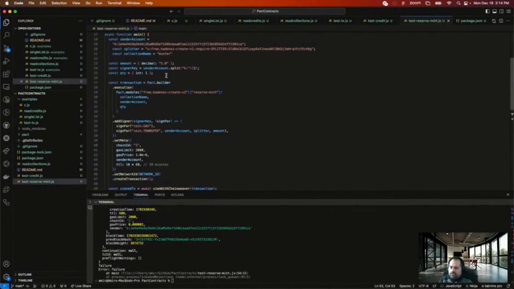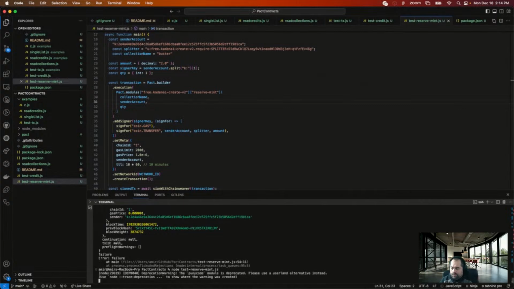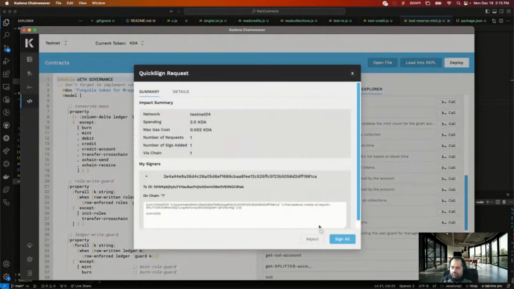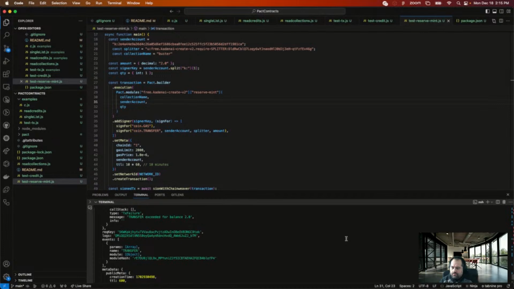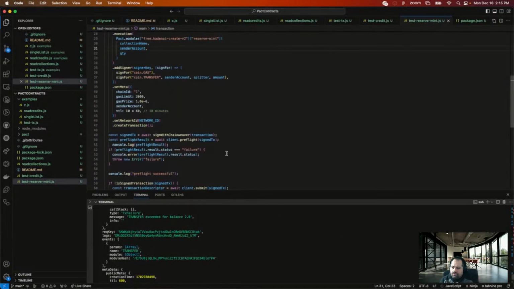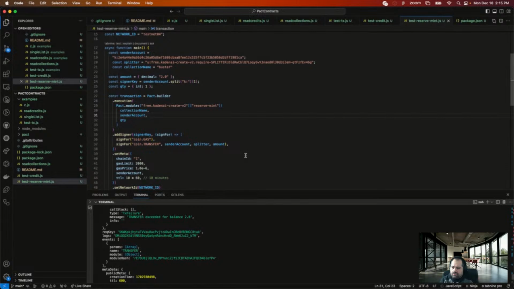Quantity. Whatever, let's just try. Transfer exceeded for balance. Why can't I force this like this? This should.